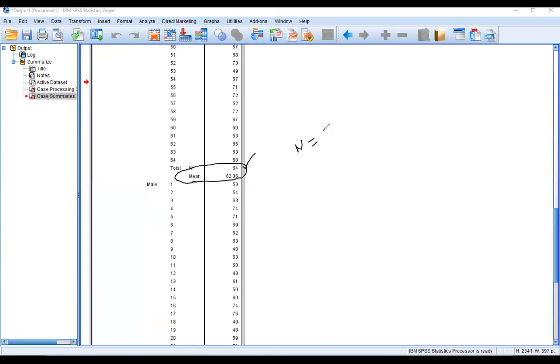It means the number of female students out of 105 is 64, and the mean marks obtained by them is 62.36. Okay, now we check the male participants' performance.